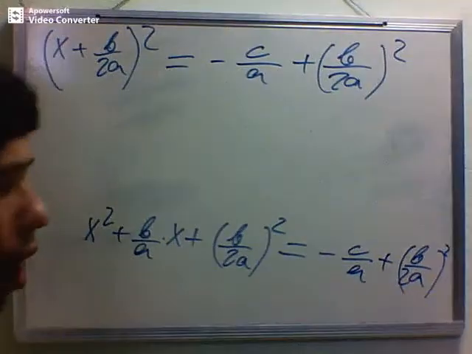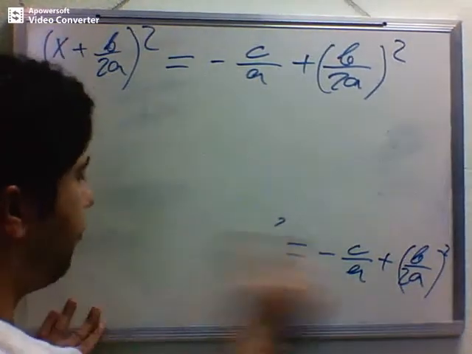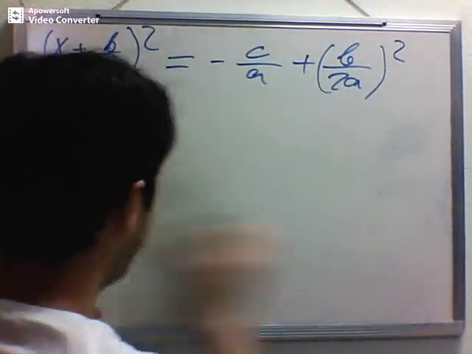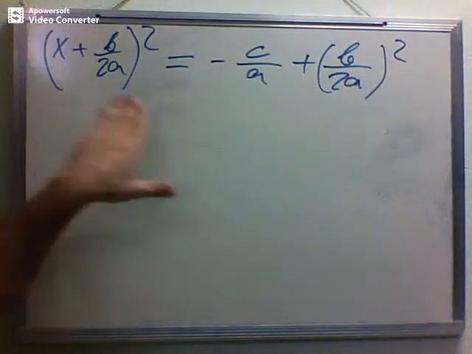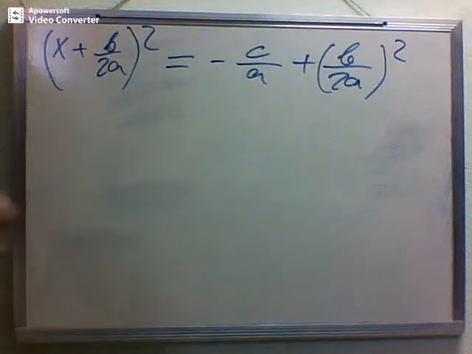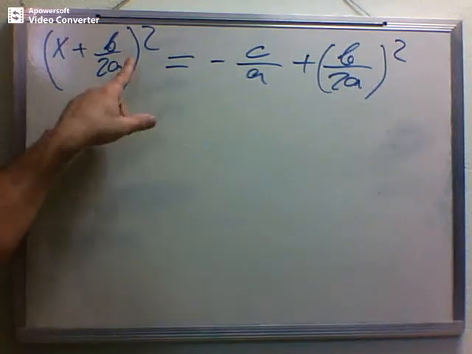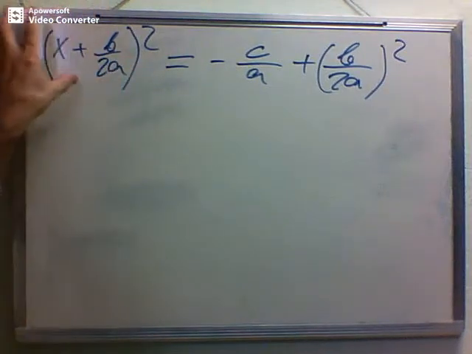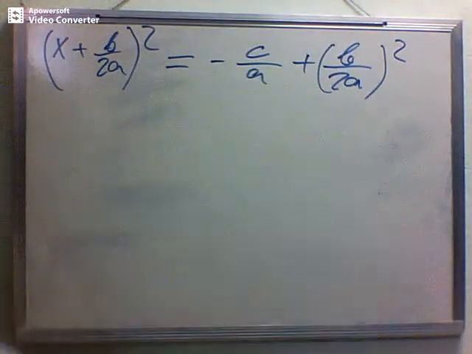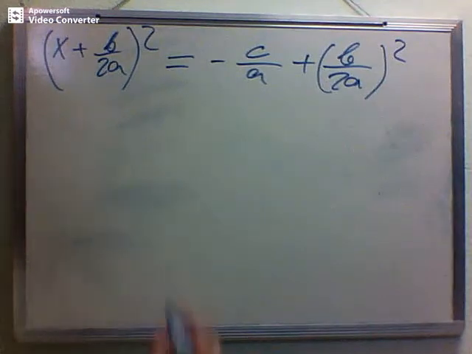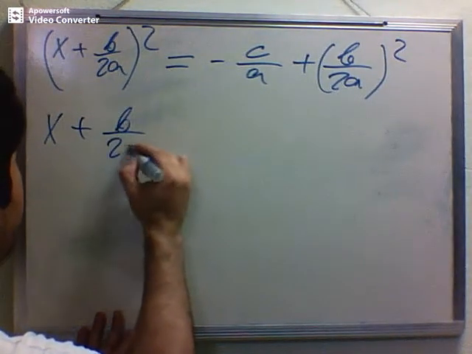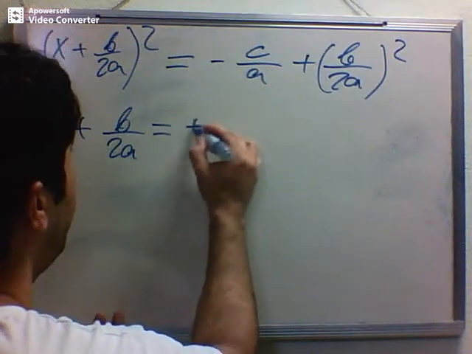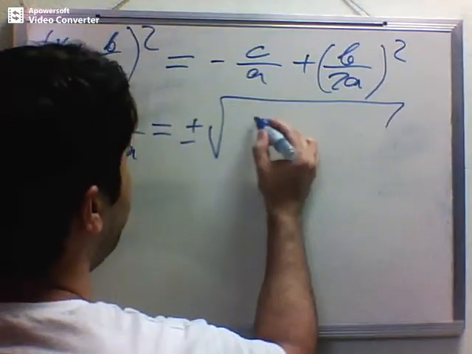Alright, we are almost finishing. The only thing that we need to do now to arrive at the final solution is to put the power to the other side, where it is going to become a square root. So x plus b divided by 2a is equal to plus or minus the square root of c